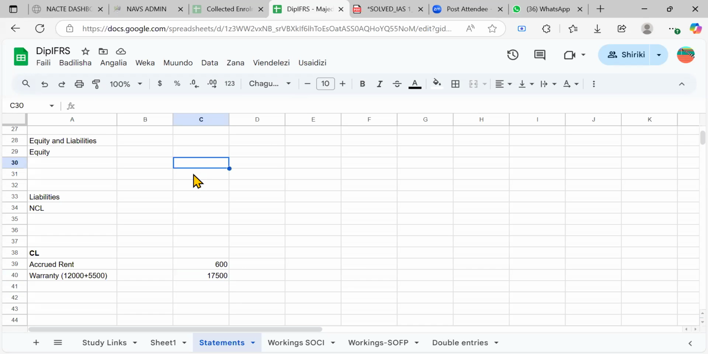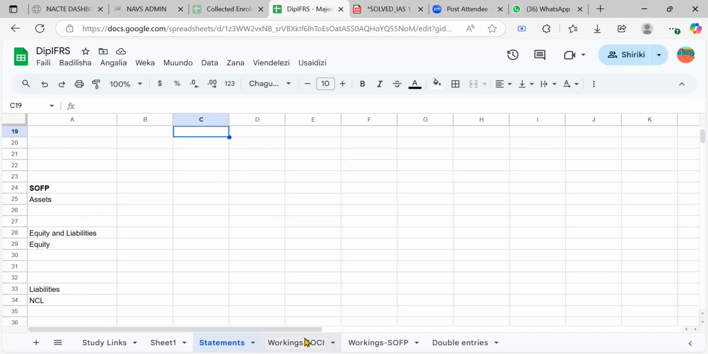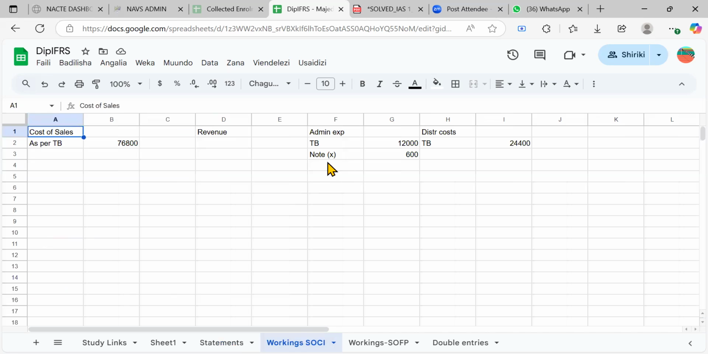What to know is that in the income statement, we would have an expense of provision, a provision expense, which you could take to administration expense. That's just something administrative. So I could just write here warranty provision, and I could write here 5,500. Okay, now let me